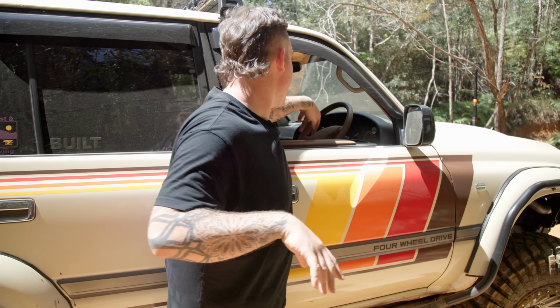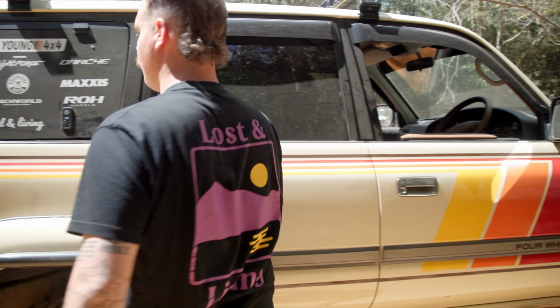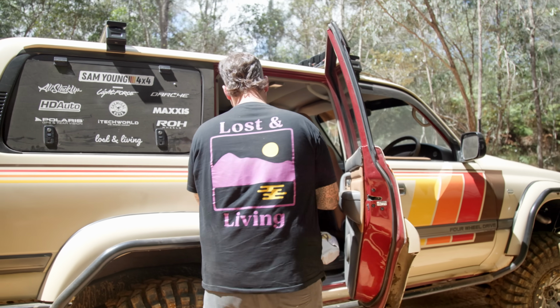Okay, now when I say this car is still a bit of a bitzer, I really mean it. So the battery's been dead for a while. And I don't know if you can hear that relay clicking, but that's no good. So, it's been happening for a while. I just haven't gotten around to replacing the battery yet. But thankfully,